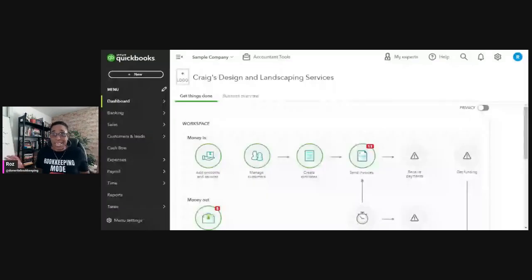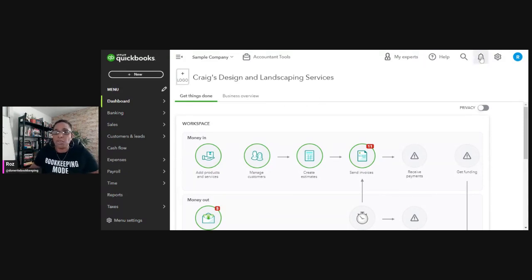So this is the bonus, guys. Basically, this is a test account in QuickBooks Online. And what I want to do is actually show you exactly what I shared with you about the chart of accounts. So inside of this test QuickBooks account, this is Craig's Design and Landscaping, right? And I want to show you where to go in order to either add, edit, or even make inactive an actual account in your chart of accounts.